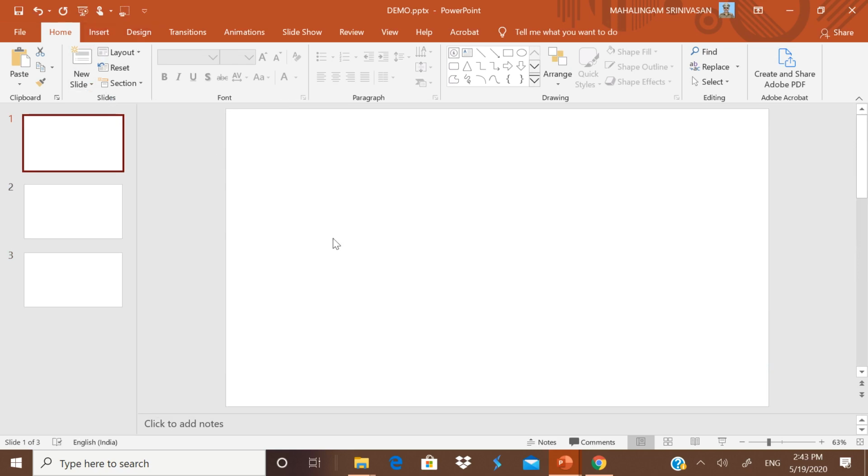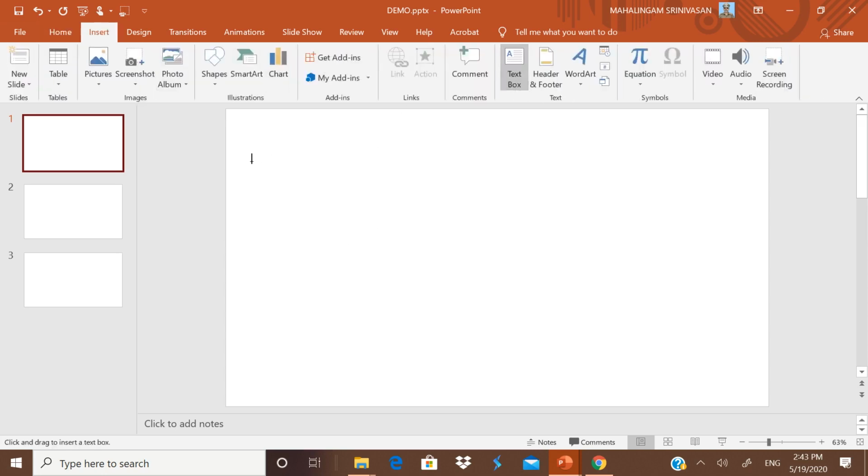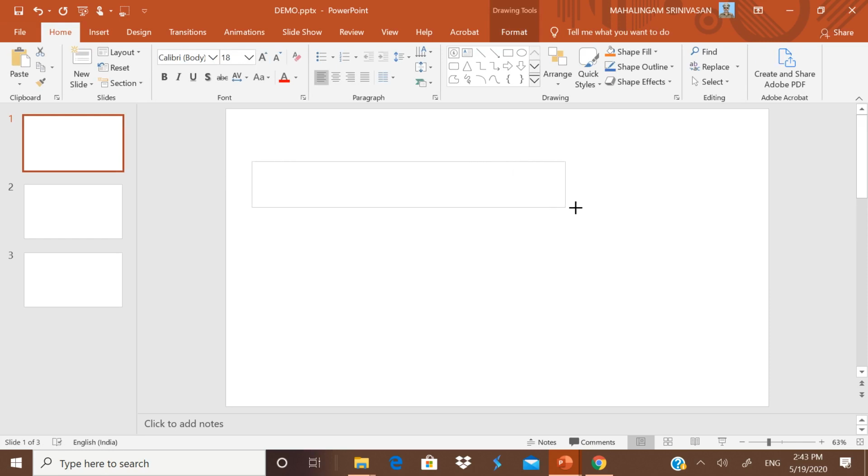Here you cannot type just like that as you are doing it in MS Word. You have to go to Insert. You have to go for this text box and you have to type it. The text box can be expanded. Suppose if you type directly, no problem. Otherwise, if the cursor is not coming, press F2 to get the cursor.